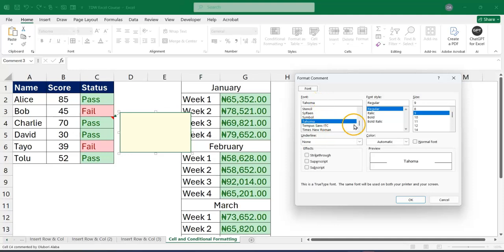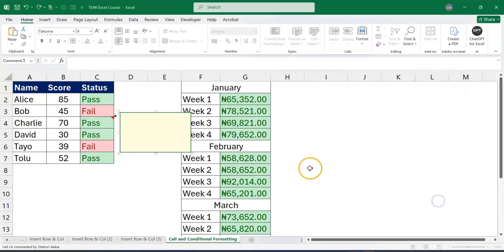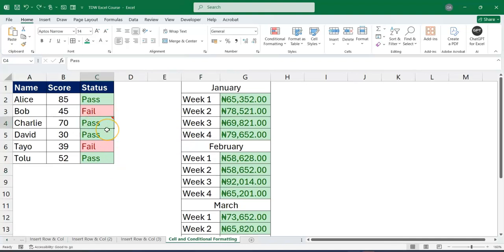You can see that we have the font. You can select the font that you want, how you want it, the size, and every other. You can even select color, a strikethrough, a subscript, and all of that. So that is a form of formatting that you can do with all of your data. So I want to cancel, I don't want to have this, so I will just remove the